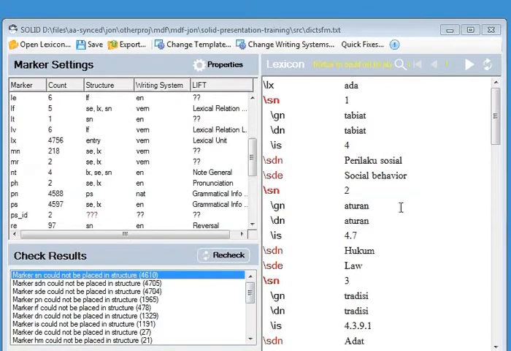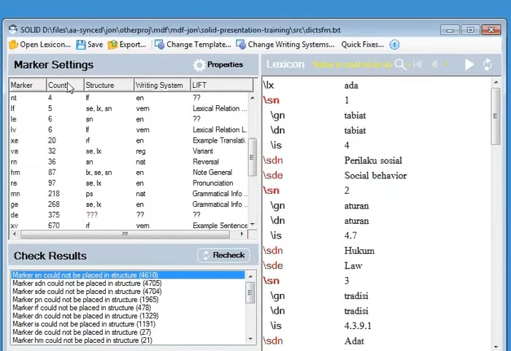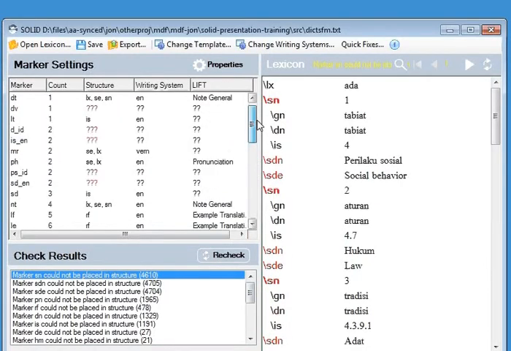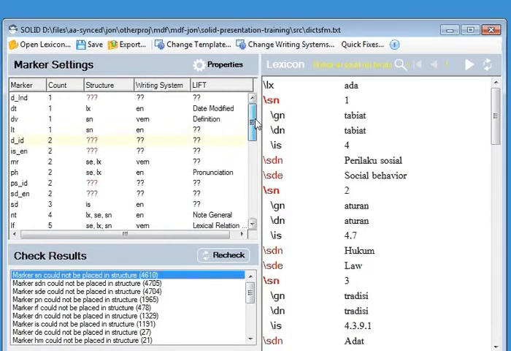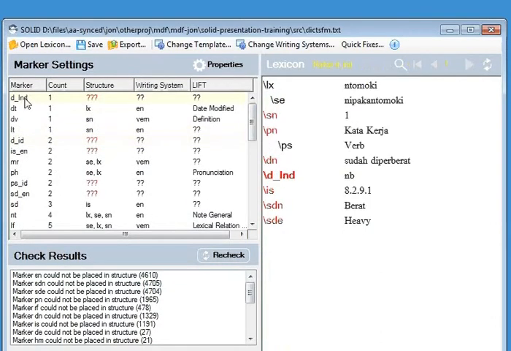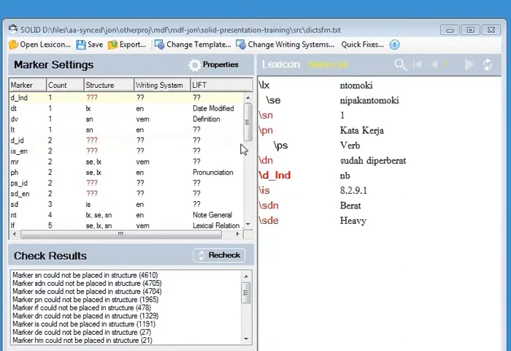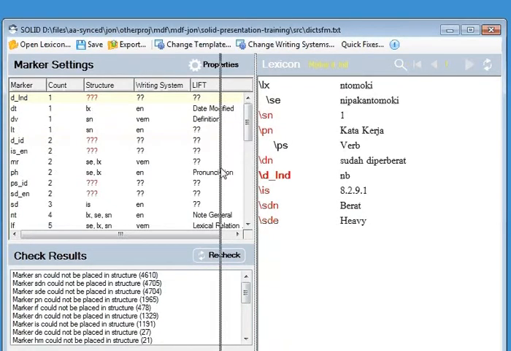The marker settings can be sorted by name or by count. Sorting by count is often helpful in finding very rarely used fields or typos. The very rarely used fields may best be turned into note fields so that there's less to manage. And typos, for example, this D_ID field and D_IND field should be modified so that they're correctly DN fields instead. We can ignore the writing system and lift columns unless we plan to be exporting directly to lift XML from